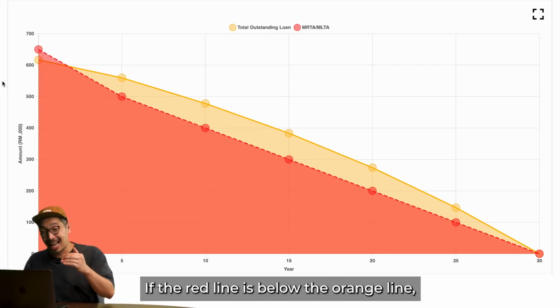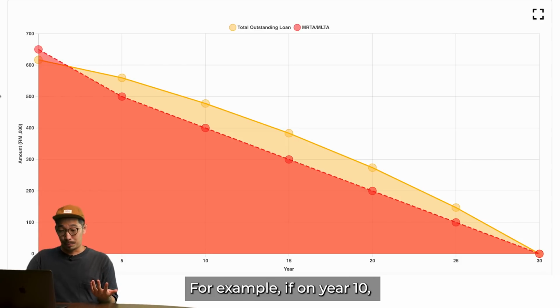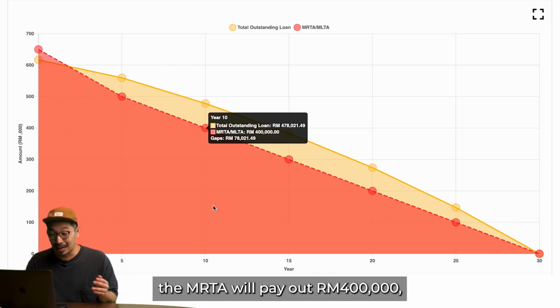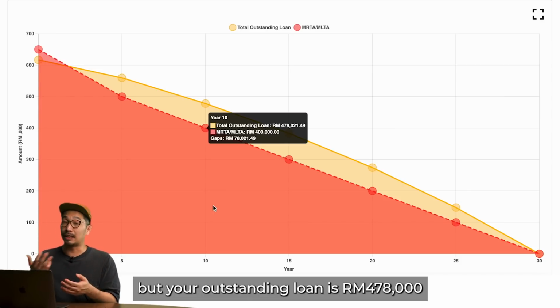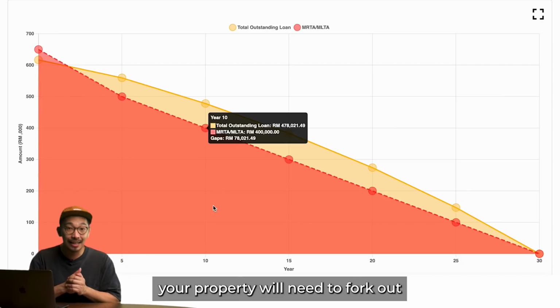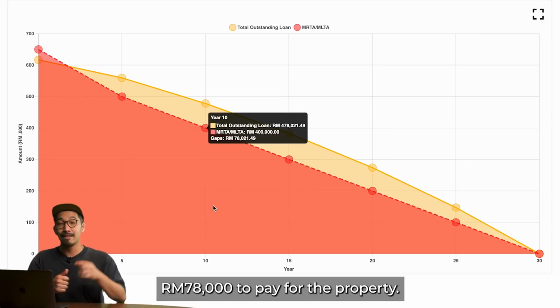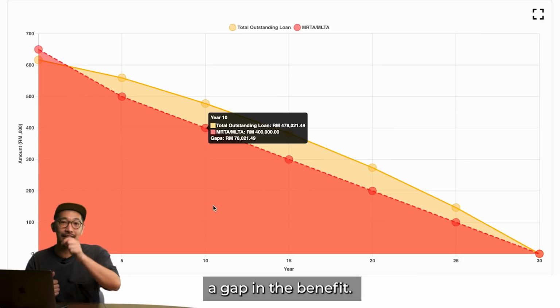If the red line is below the orange line, this tells you that there's a gap in your coverage. For example, if on year 10, something happens to you, the MRTA will pay out 400,000, but your outstanding loan is 478,000. This means whoever is going to inherit your property will need to fork out 78,000 to pay for the property. This means that there is a gap in the benefit.